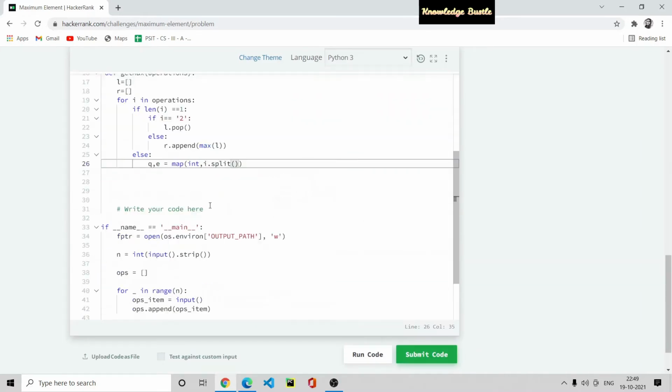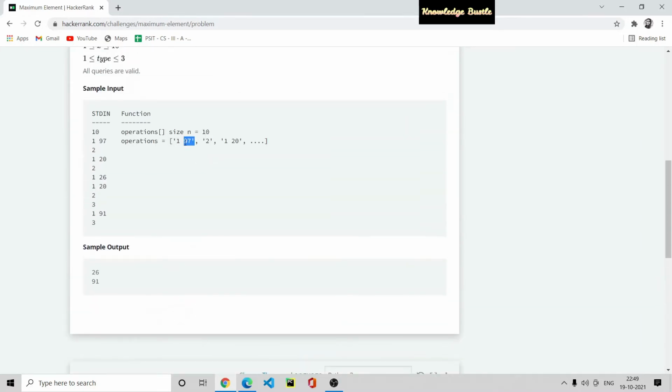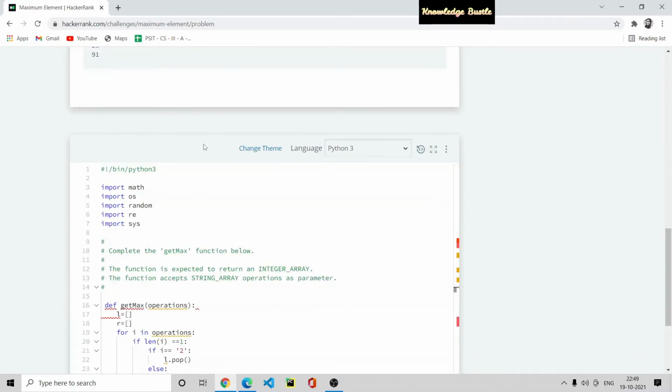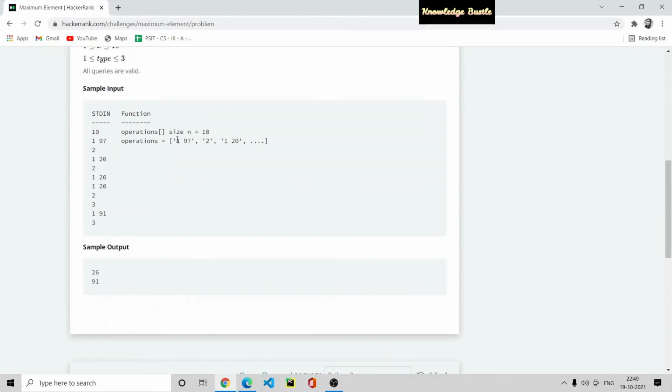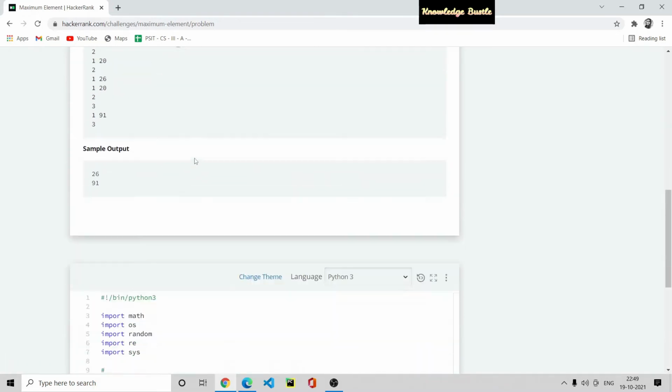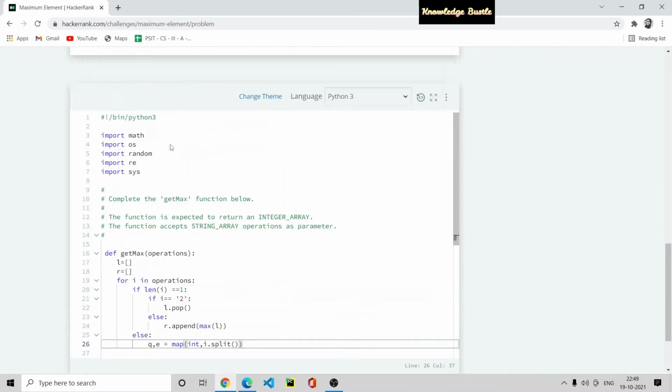And the map function helps make 97 an integer, because 97 and 1 are strings. If we use the map function, then 97 and 1 become integers. Then q takes 1 and e contains 97.